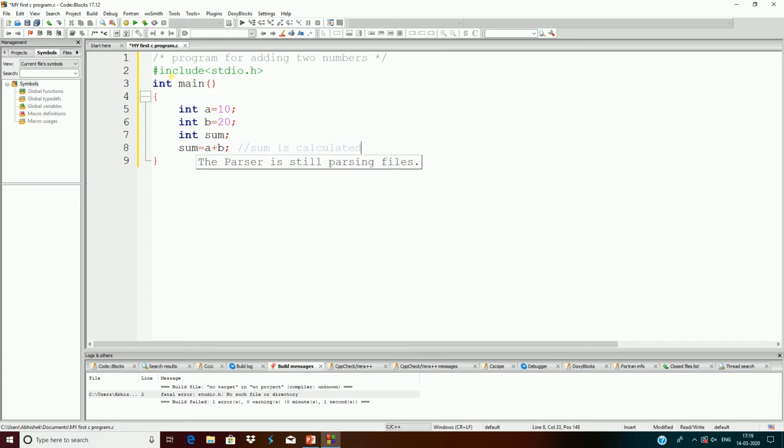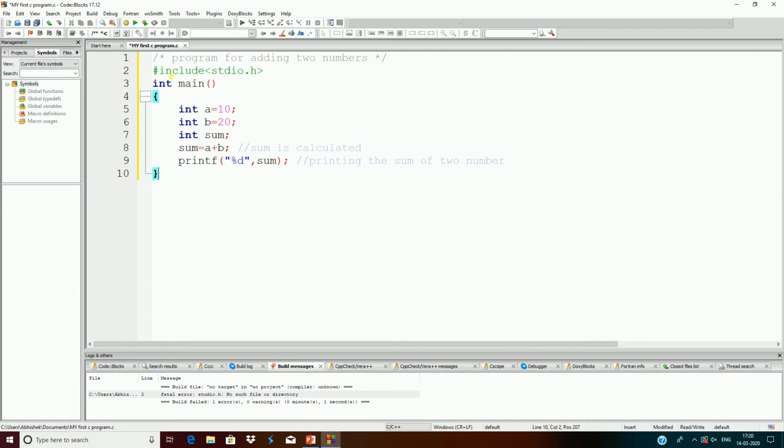Now we have stored the sum of the two numbers in the sum variable. We have to print it on the console screen. So for that we write the printf function. Again we add a comment, printing the sum of two numbers, and after that close the curly braces.